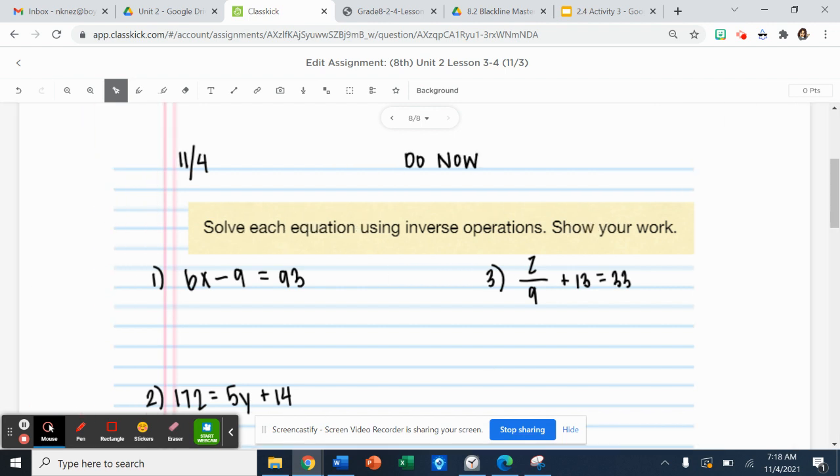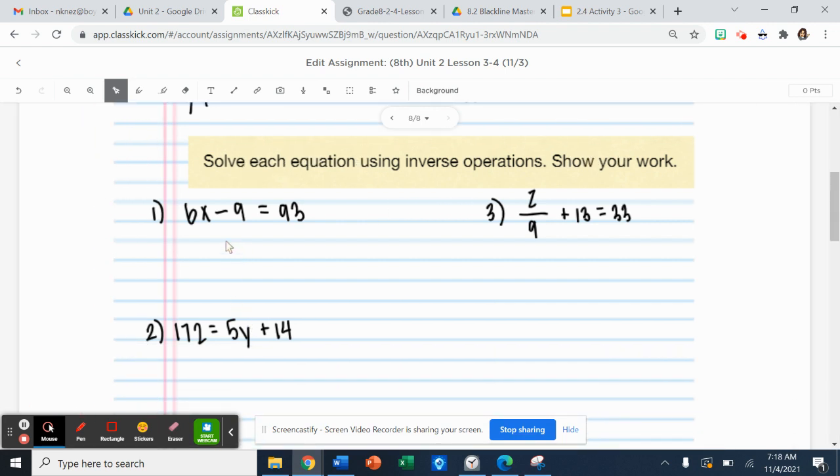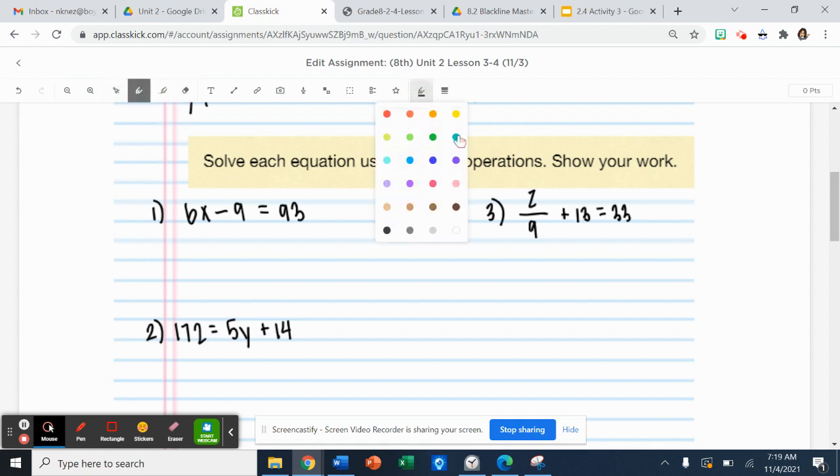For example, if I'm looking at 6x minus 9, I want to get x alone. So I'm going to need to use inverse operations to undo the 6 and the 9. We want to work in the opposite of the order of operations. So instead of multiplying and dividing first, we'll add or subtract first. In this case, I know that I can do the inverse of subtracting 9 by adding 9 to both sides,